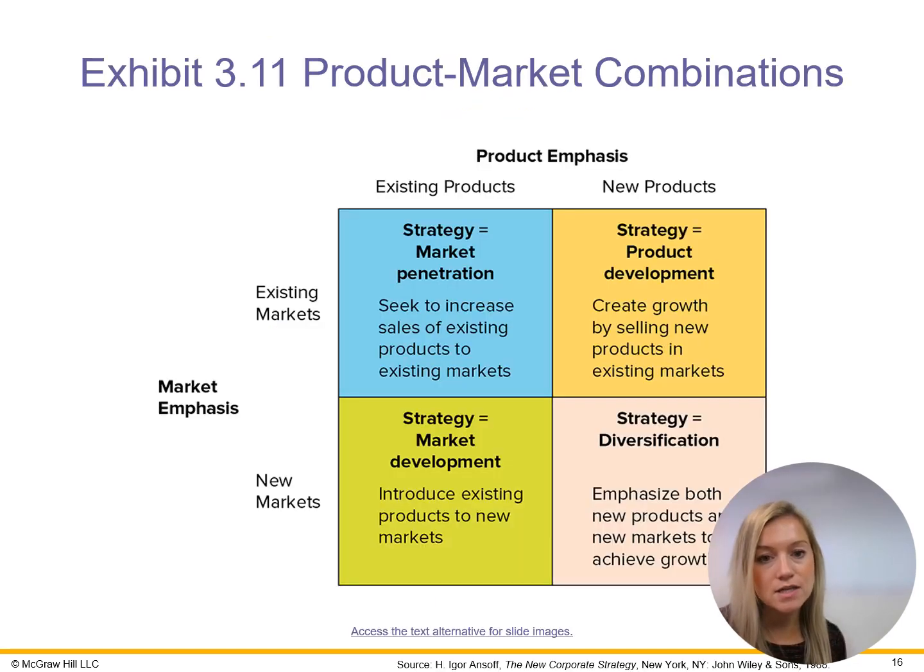Current brands are using the Ansoff matrix to grow their business. By understanding the 4 strategies, businesses can develop a plan to achieve their growth goals. Market penetration. For example, Apple continues to penetrate its existing markets by releasing new versions of its popular products such as the iPhone, iPad, and MacBook. Coca-Cola continues to penetrate its existing markets by expanding into new product categories such as sparkling water and ready-to-drink coffee.